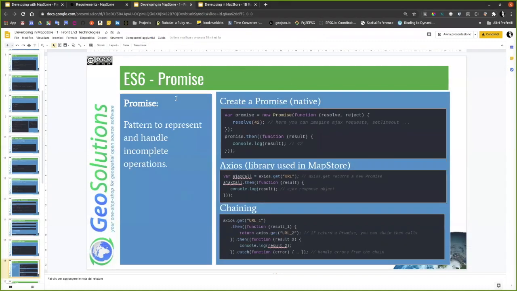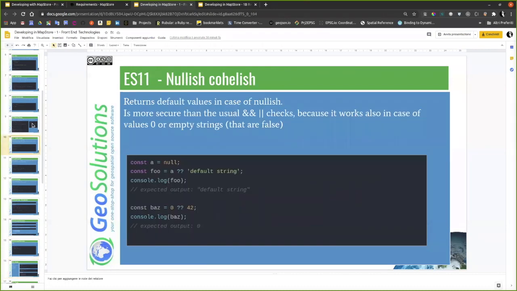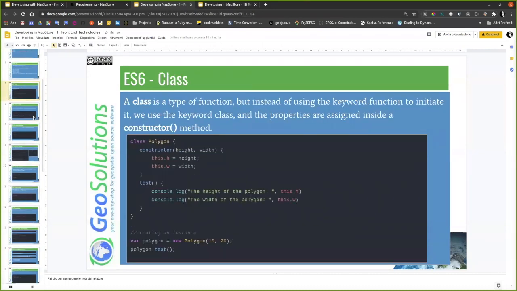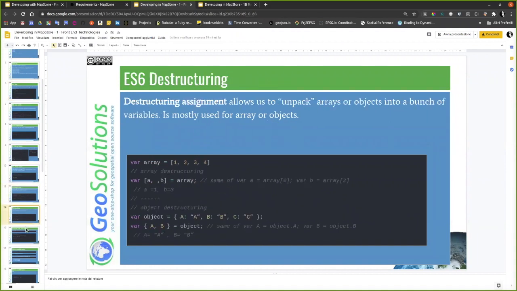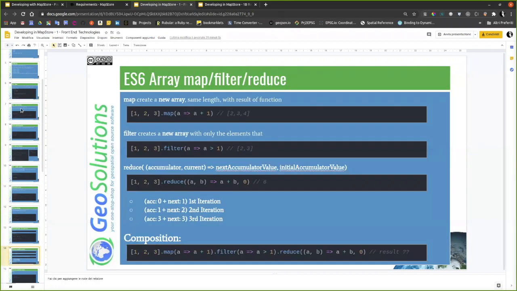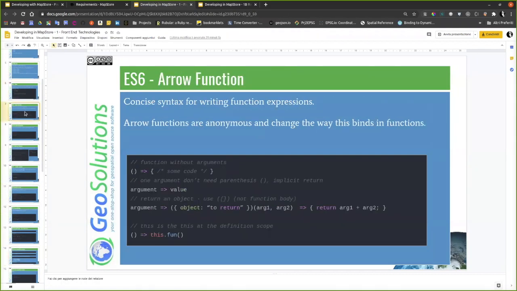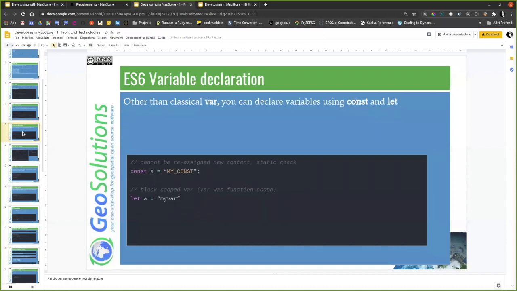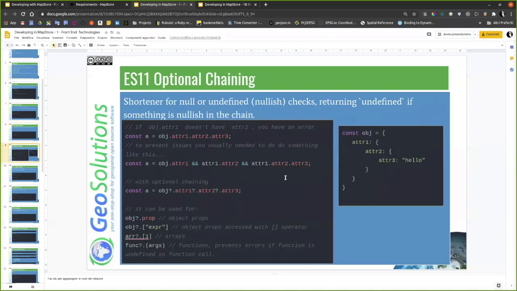Okay. I finished with the new syntax. That is the most boring part. Let's summarize. So we have classes, arrow functions, new variable declarations, and quick versions of syntax to get access to